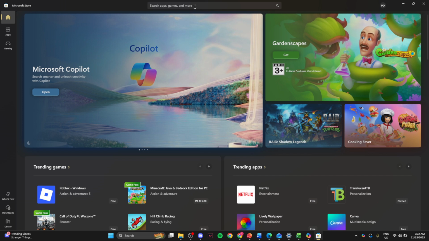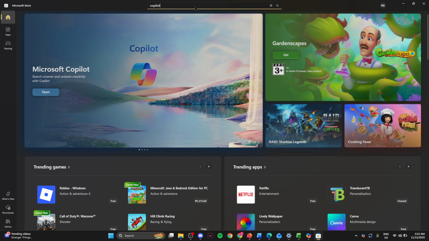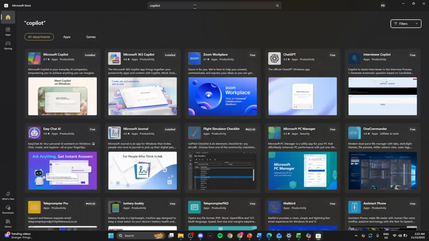Once the store is open, the next step is to search for Microsoft Copilot. Direct your attention to the search bar, typically at the top right corner of the store window. Click into the search bar and type Microsoft Copilot. As you type, the store might suggest similar apps, but make sure to select the correct Copilot application from the list that appears. After selecting Microsoft Copilot, you'll be directed to its page where you can find more detailed information